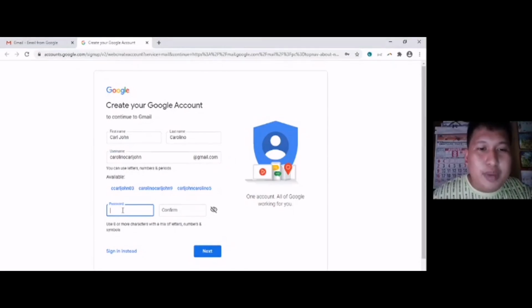Now, in encoding your password, you need to have 8 or more characters. Google is encouraging us to use a mix of letters, numbers, and symbols.